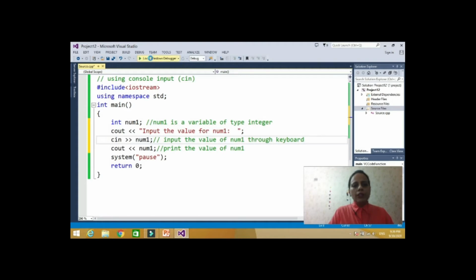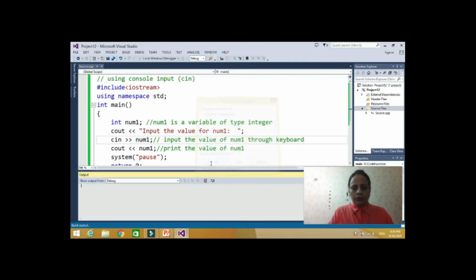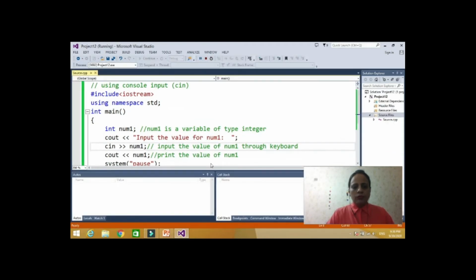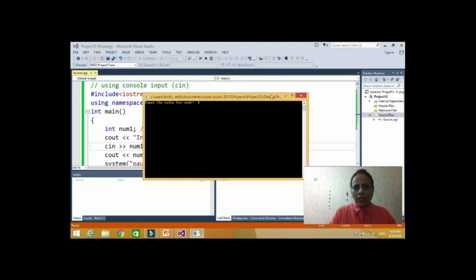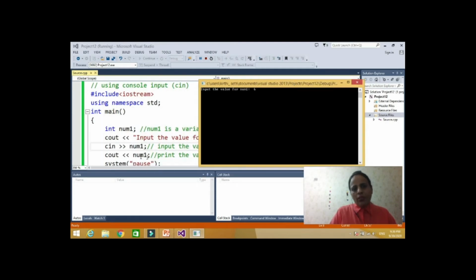Now let's run this program. See, it is writing enter the value, and whatever value I enter through the keyboard, for example I enter 6, this 6 will be stored in num1, because I wrote cin num1. Cin num1 means whatever I enter through the keyboard, that number will go to num1.